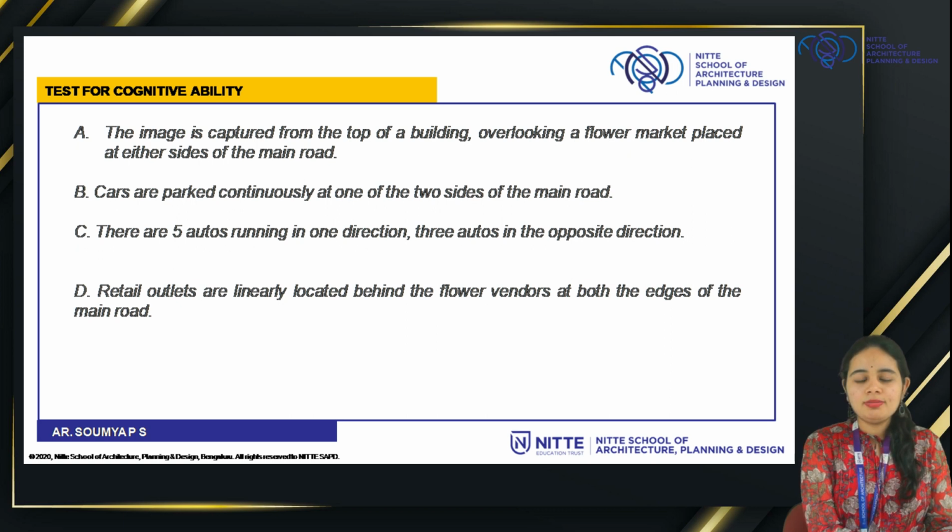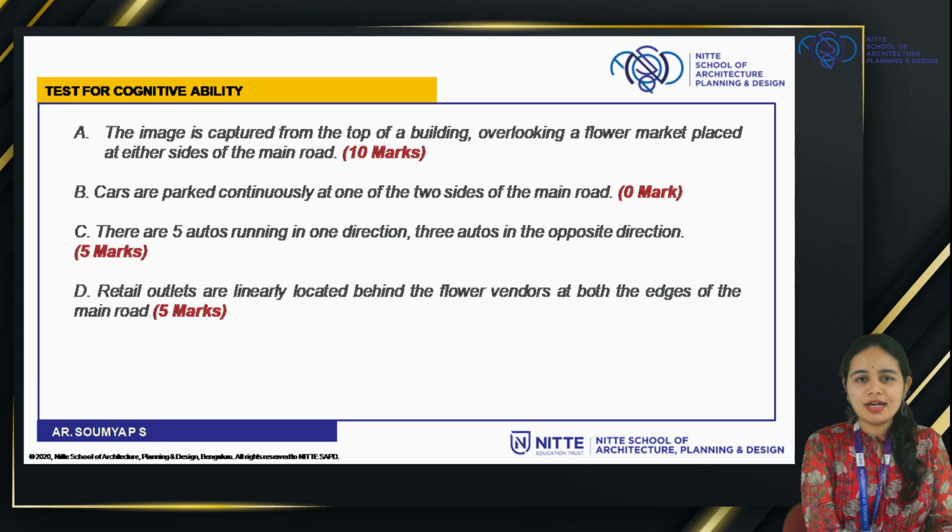Note that this is going to be a PTQ based question, that is preferential type based question. Therefore, you are allowed to choose more than one option as the correct one. Here comes the right answer and the PTQ based marks distribution. Hence, you can observe that A, C and D is the right answer, and you will fetch a total of 16 marks. You can always go back to the question image to find the relevance of this answer.